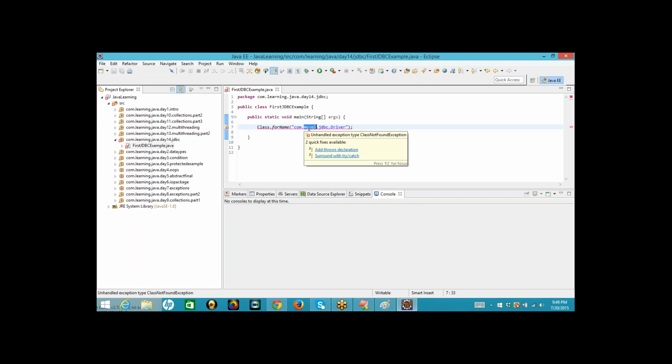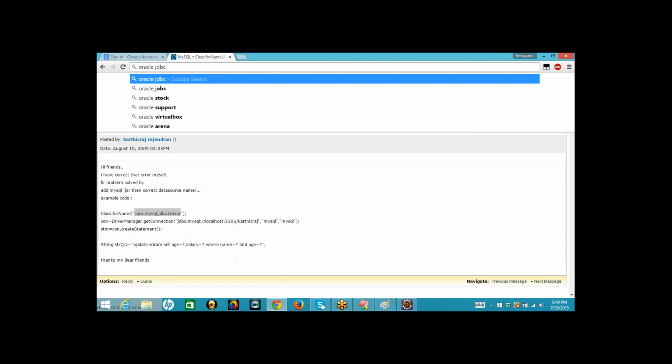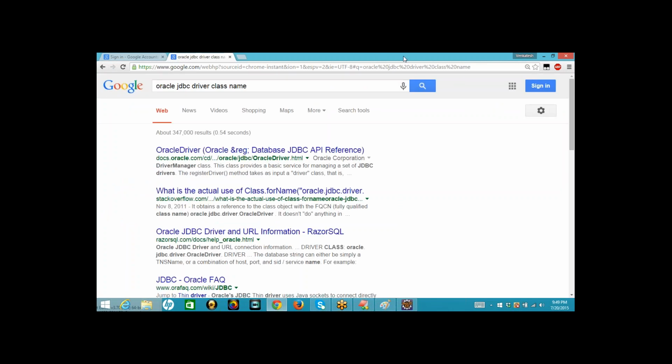What if it is Oracle? If it is Oracle, it will be a different driver. Just go to Google and find the Oracle JDBC driver name. It will be, see, if you see here,